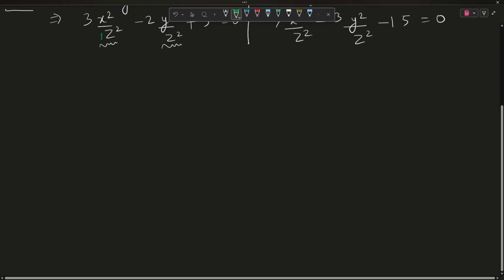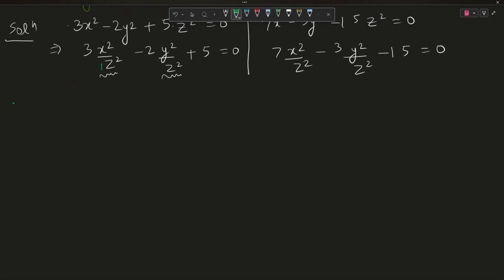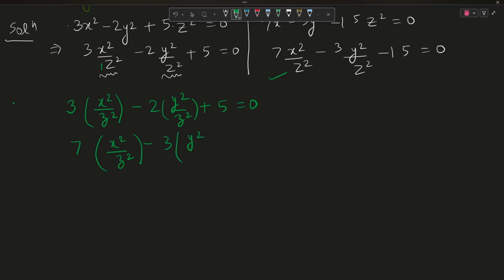So we are now having the equations 3x square by z square minus 2y square by z square plus 5 is equal to 0, and the second equation, 7x square by z square minus 3y square by z square minus 15